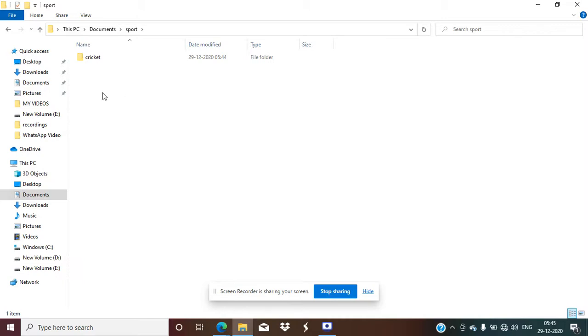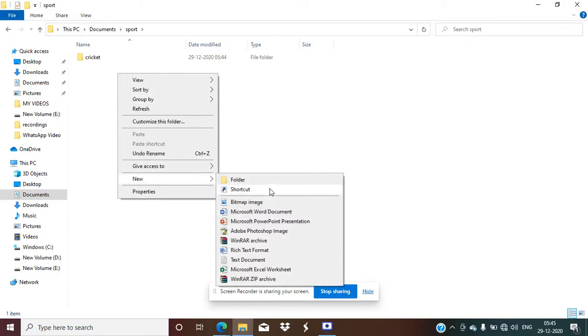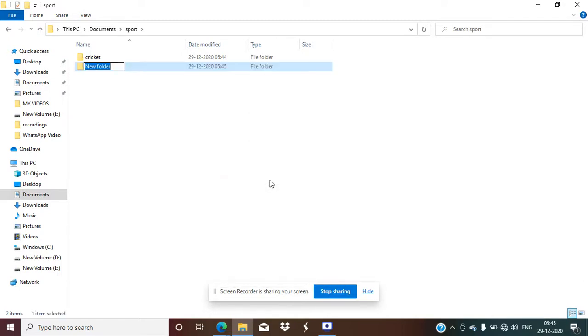Same like that, we can make more folders or more subfolders here by right clicking also. Both will have the same effect. Click on folder, give another name. So these folders are empty. As you click on these folders, they can be opened and the path will be given on the address bar here. Okay, so the flow suggests that we are here in the chess folder.